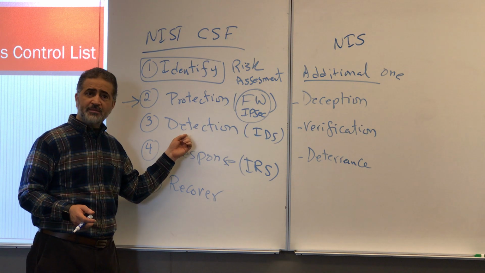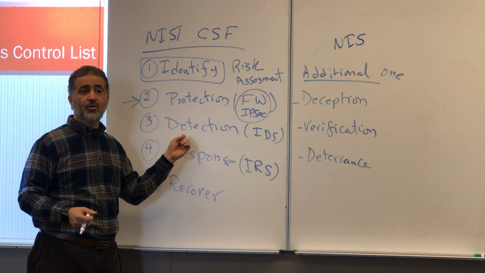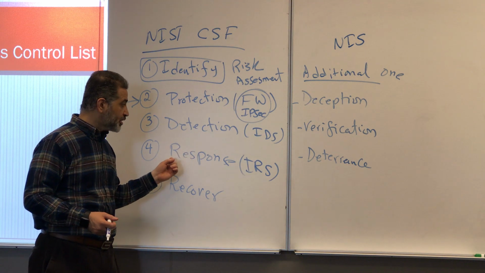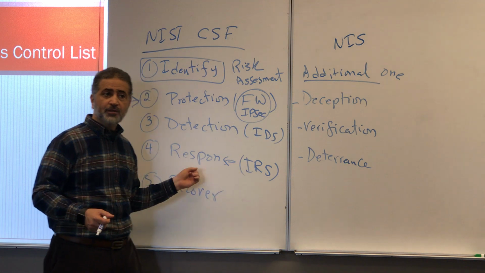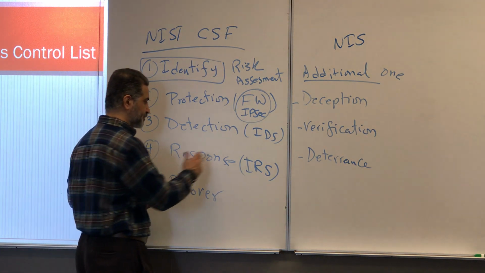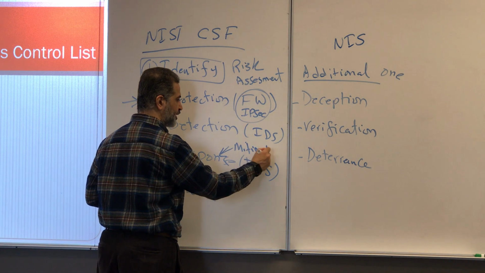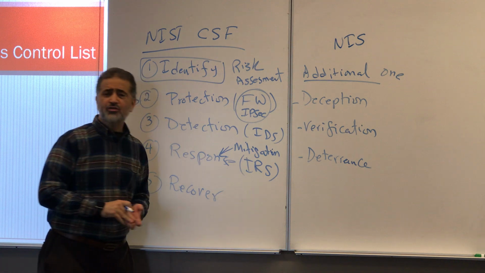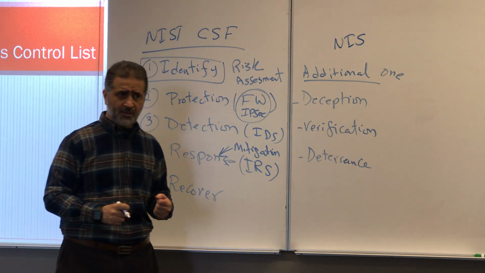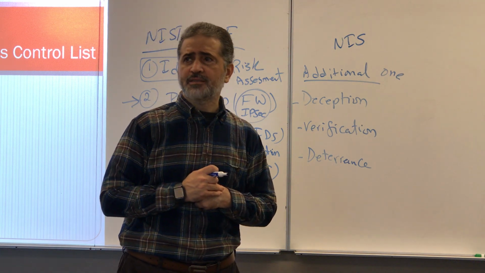When something is being detected, and maybe you have a fire in the building or multiple fires in the building, you need intrusion response system to mitigate. This is for mitigation. Okay? If you talk about mitigation, it's coming here. You need to mitigate this. You need to minimize damage. Maybe let's talk about fire as an example.